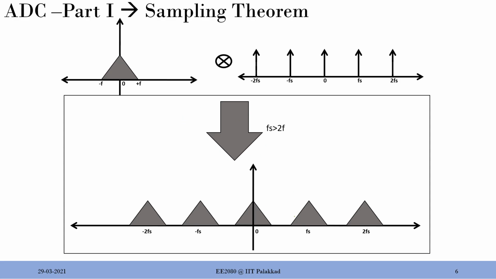So in the case of time, fs is nothing but 1 by Ts, don't forget that, and this is 2 by Ts. So in the case of our sampling in space, we had 1 by s, right? This guy was 1 by s and this guy was 2 by s, and then of course this was minus 1 by s and this was minus 2 by s.